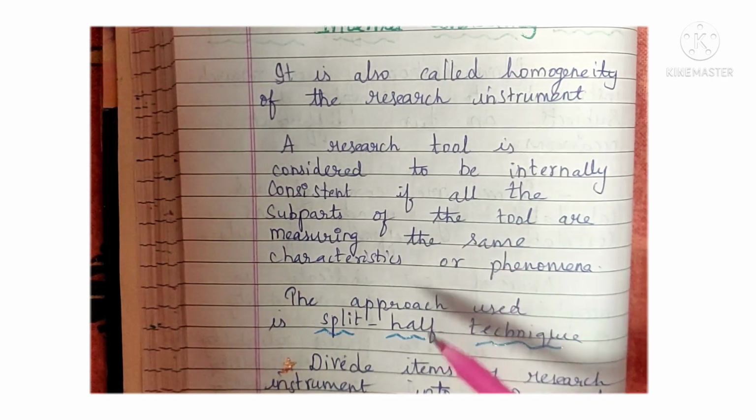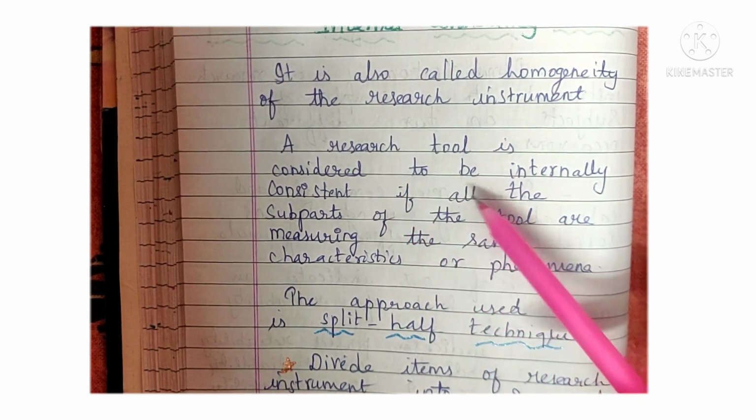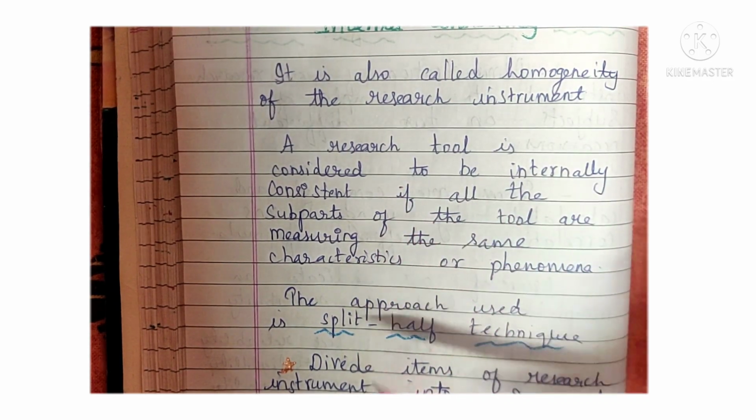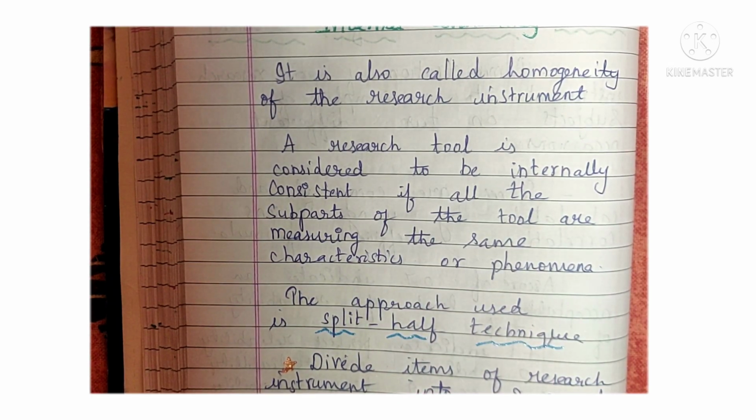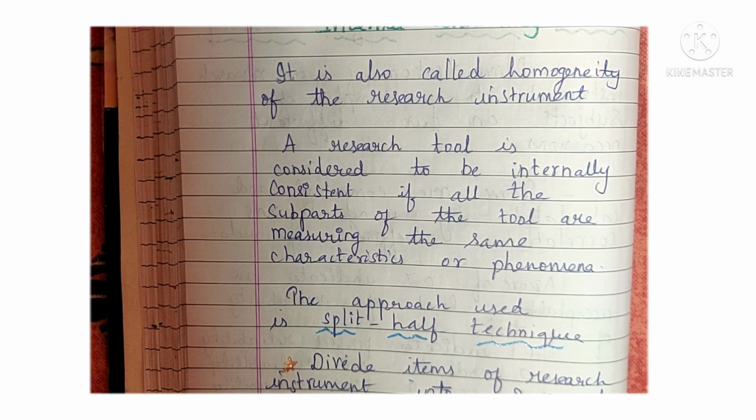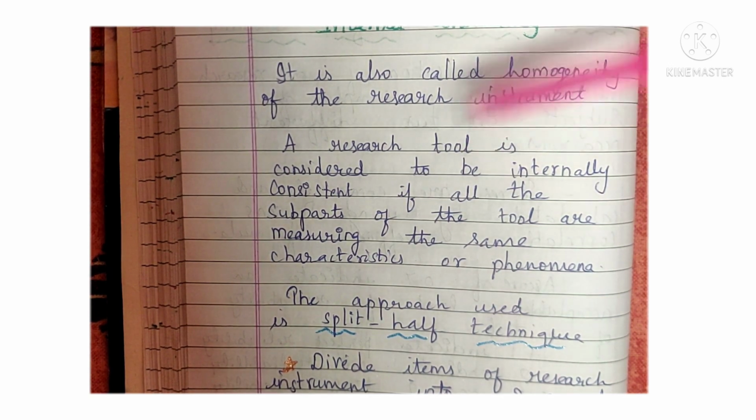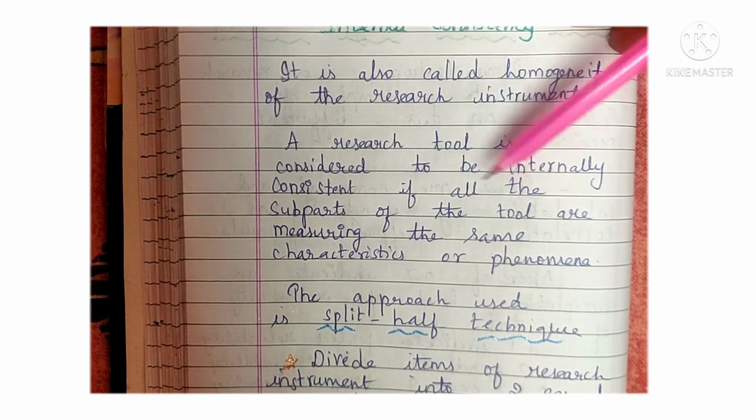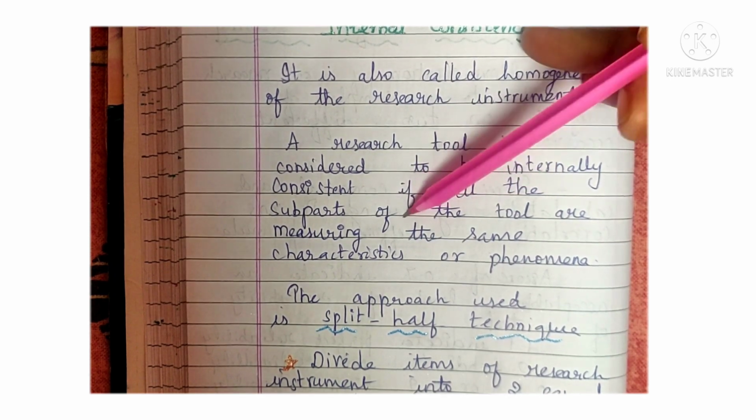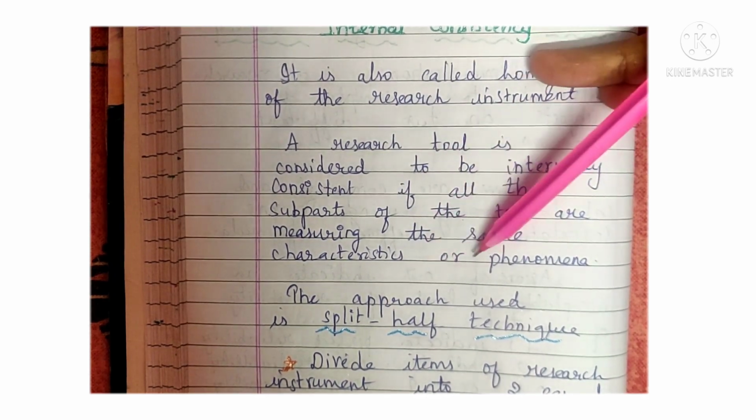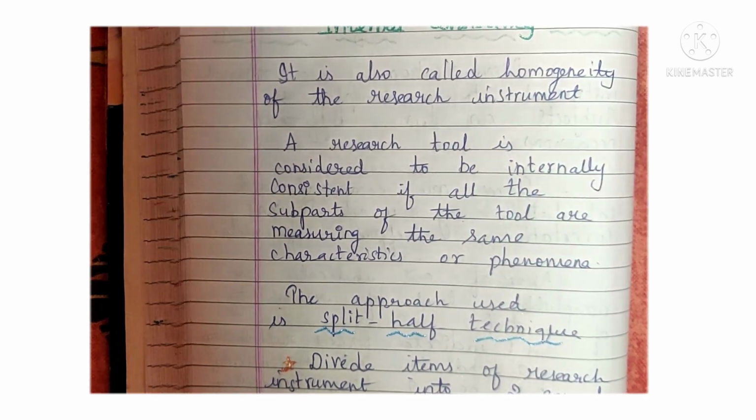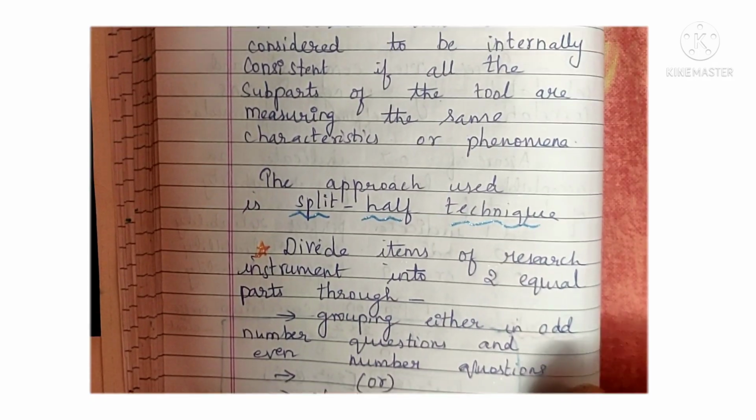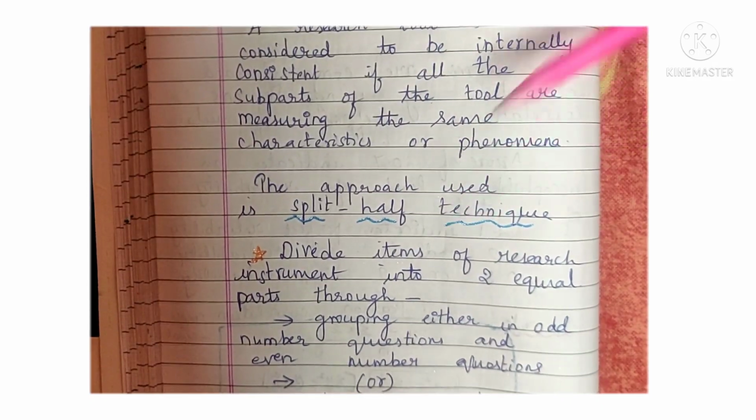So this research tool is considered to be internally consistent if all the subparts, meaning each question, or each statement in a Likert scale like an attitude scale, so each statement is a subpart, are measuring the same characteristics or phenomena. This approach is otherwise called, like in stability,